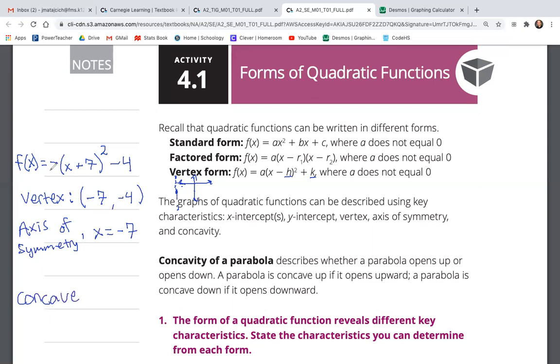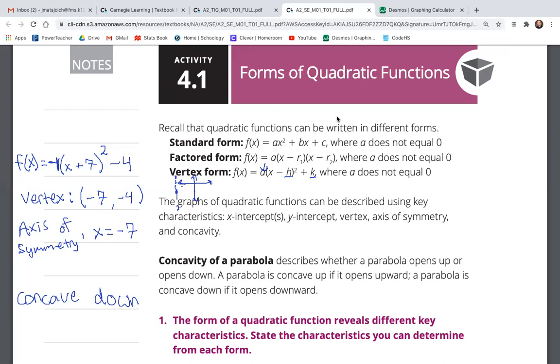So again, look at the leading value of A up here. It's kind of that value in front of the parentheses when you're in vertex form. And again, it's understood that there's a 1 in front of the parentheses. So what was the sign then of that value? I had a negative sign in front, so this would be concave down. That's about it. Those are the key characteristics that you can find just by looking at the function forms, the